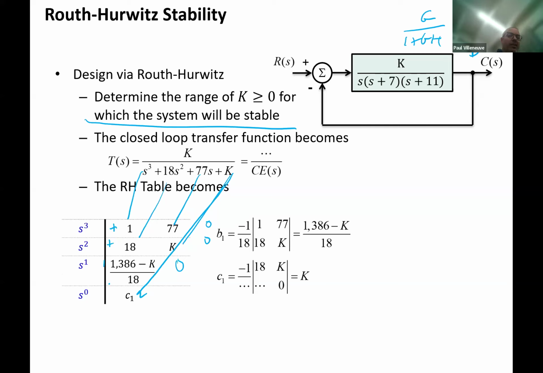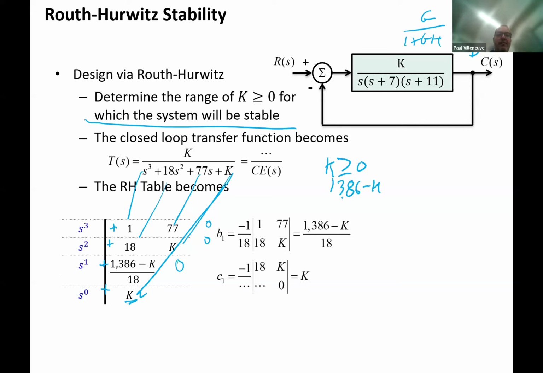All these have to be positive numbers, don't they? Right? They all need to be positive. So that right there tells me that K had better be greater than or equal to 0. This last one right here, if I want that to be a positive number, K is going to be greater than 0. Also,